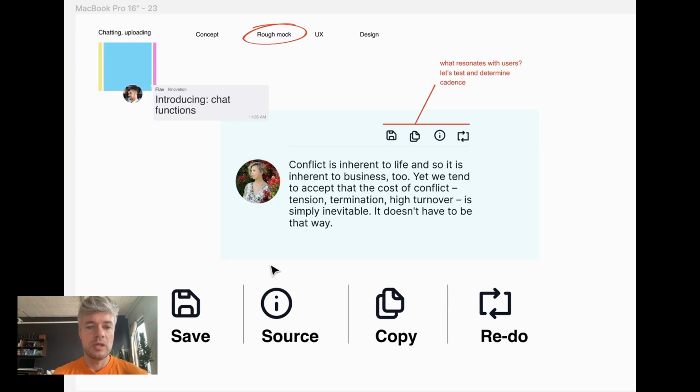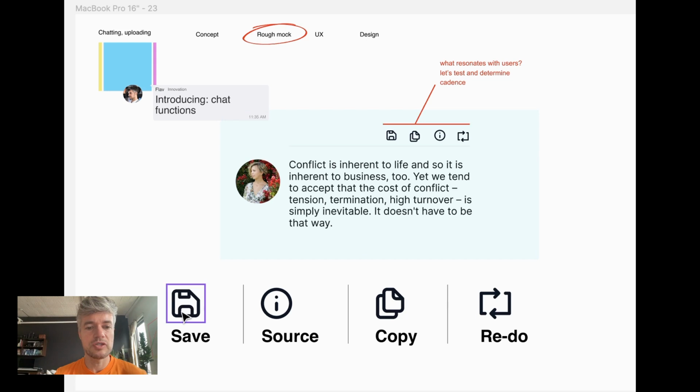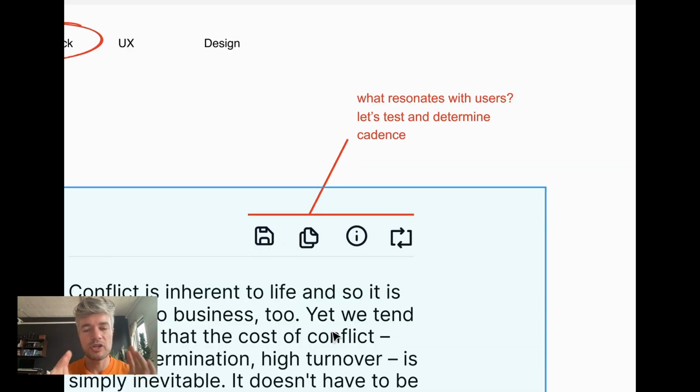I'm also introducing a couple of features that will activate the third panel on the right. They are the ability to save and source. We heard Abby say, how can I know where the information comes from? And since we're opening this Pandora's box of tools, we can also experiment with copy and redo. Let's see what users think about those things. Those functions would appear on rollover. The idea is to keep the chat interface very minimal. So these icons appear only when I roll over the chat bubble.